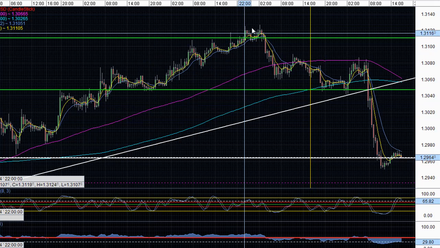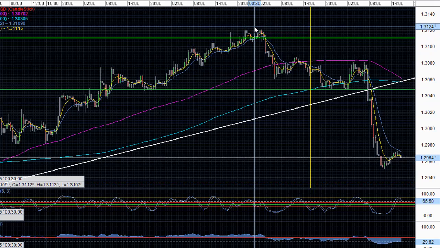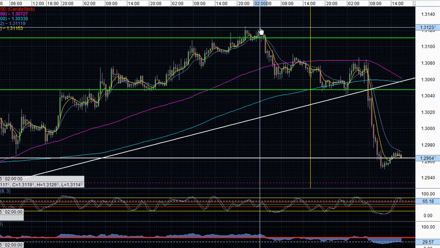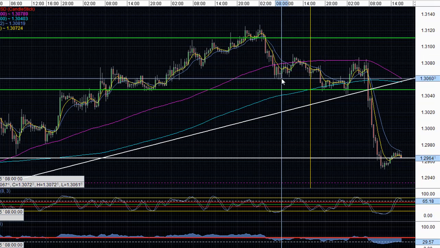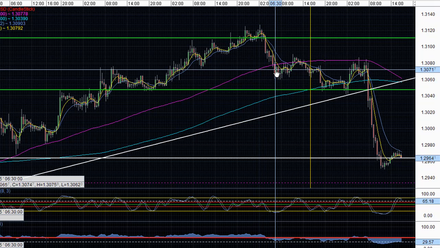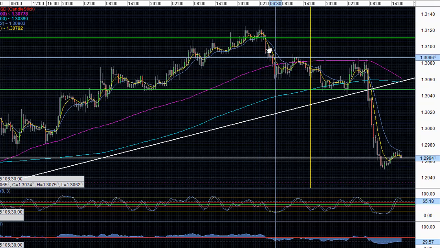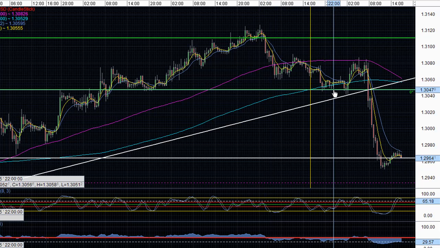But it was at this point up here where price found resistance that some news came out. The first was that the Spanish bond auction did not reach its maximum target. And we also had some bad Eurozone PMI and bad retail sales numbers out of the Eurozone. And this is what caused this move to the downside, this pressure, this weight upon the euro. And this sentiment carried even into today's trading session.